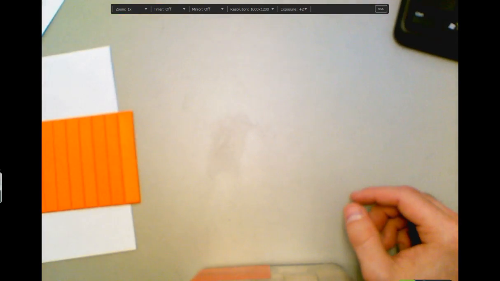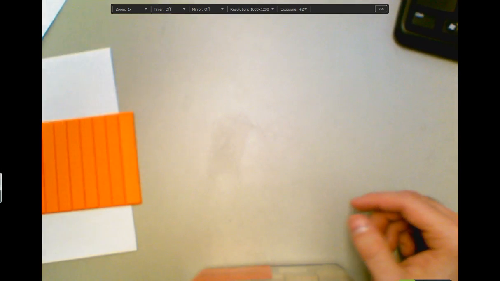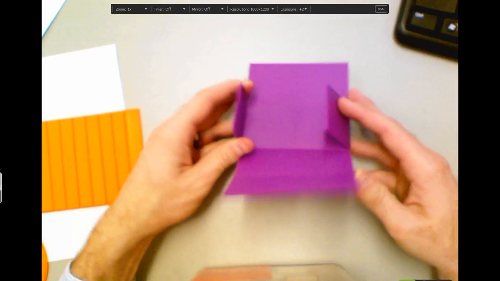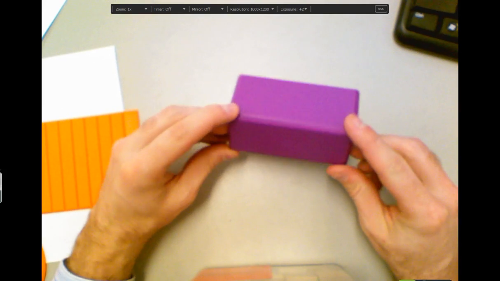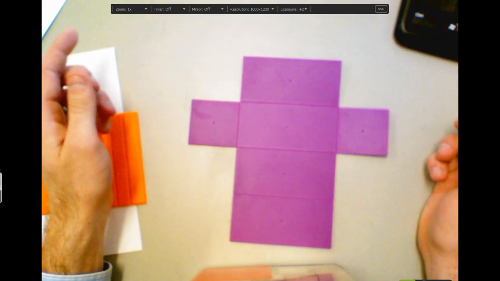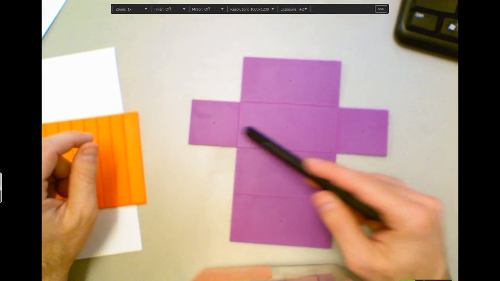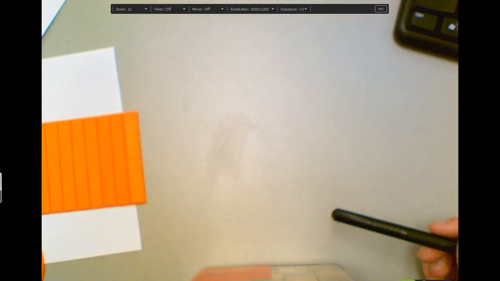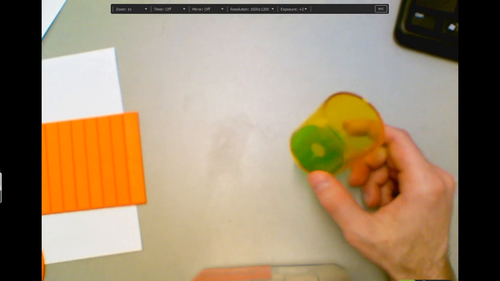Or if we did a different prism, possibly a rectangular prism, we could make the net of that prism and add up all the areas of all of our sides. The hardest part about it is visualizing it and seeing how it would come apart. But here we'd have to add up the area of 6 different rectangles. But cylinders are definitely the hardest of the 3D shapes, most people think, to find the